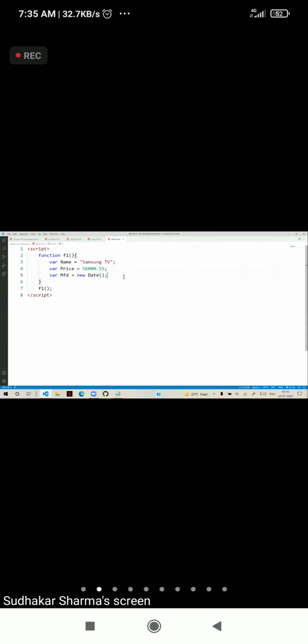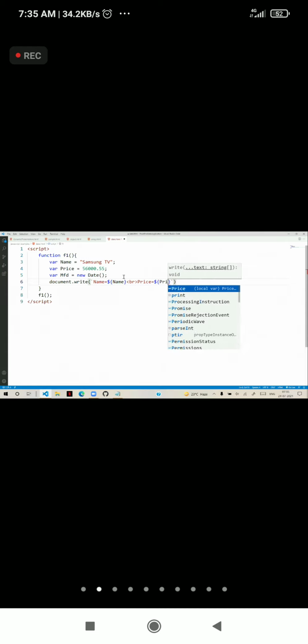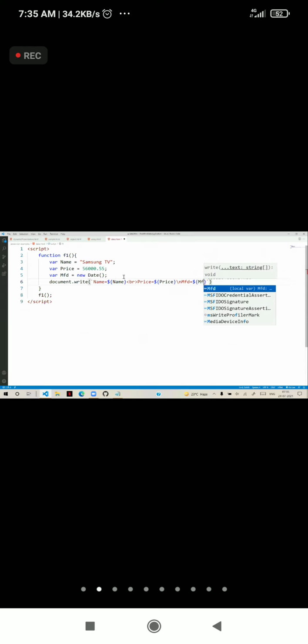Now when I print with document.write, I am printing name is equal to the name, and in the next line price is equal to the price, and in the next line manufactured is equal to the manufactured value, with a BR for the next line.